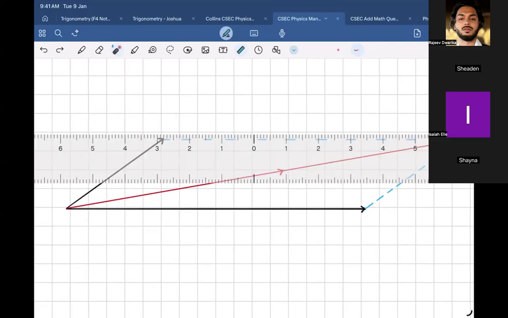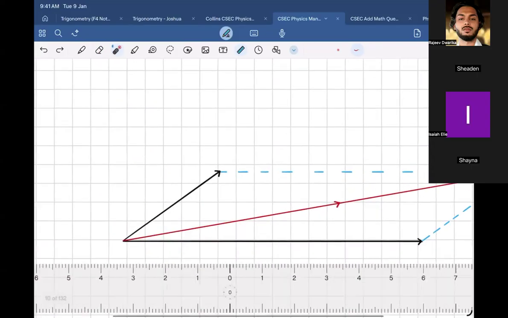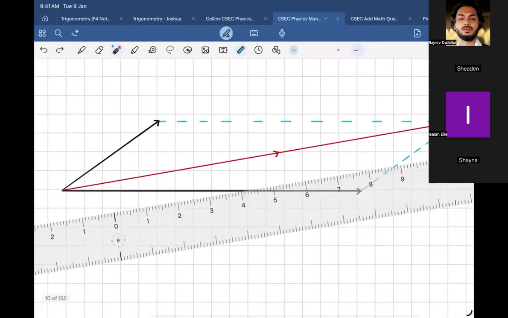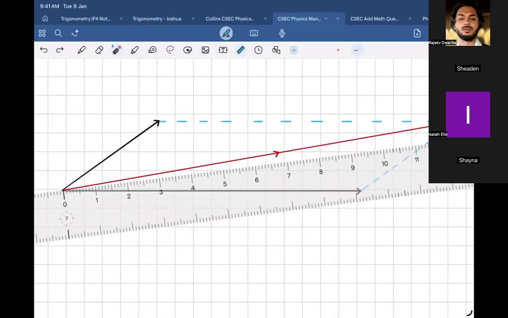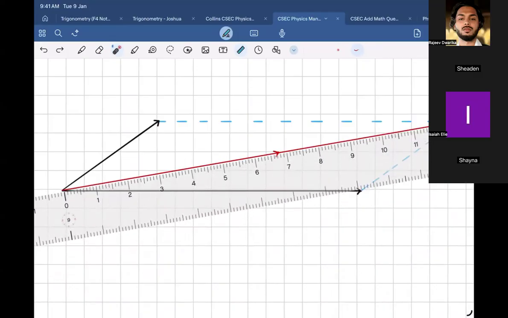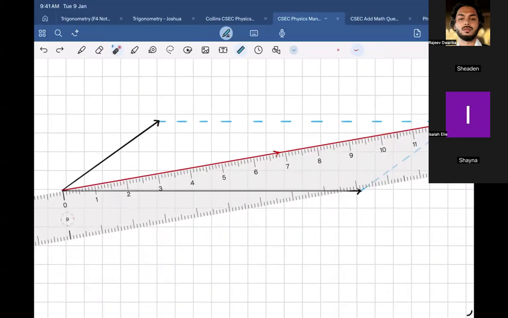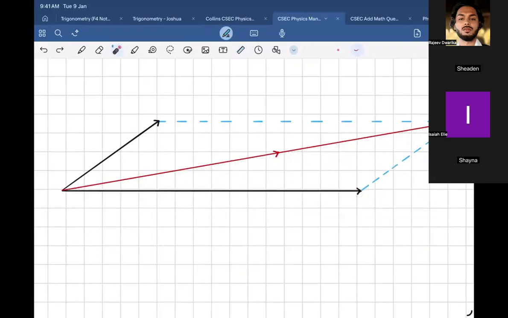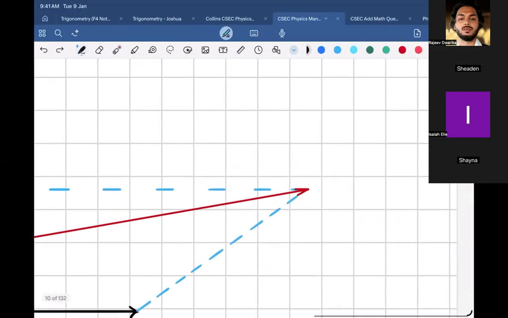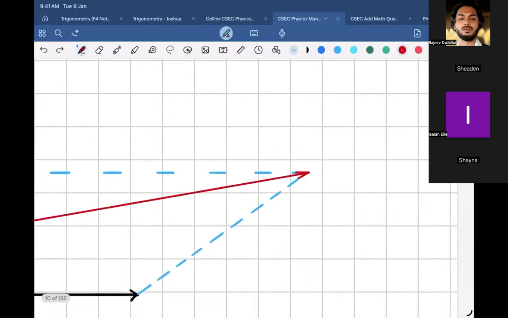So let me just measure this quickly. Right, so Shay, you'll just measure this one. Right there. Yeah, what are we looking like? 12.45. Okay, 12.45. So everybody's diagram is going to be different, right? Just keep that in mind.